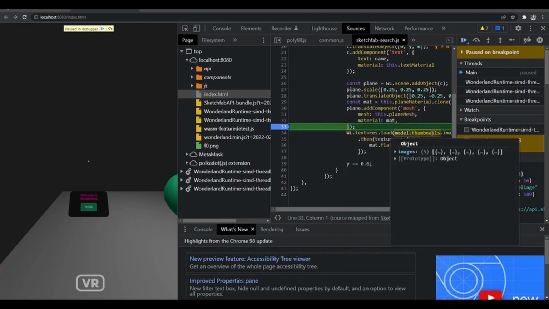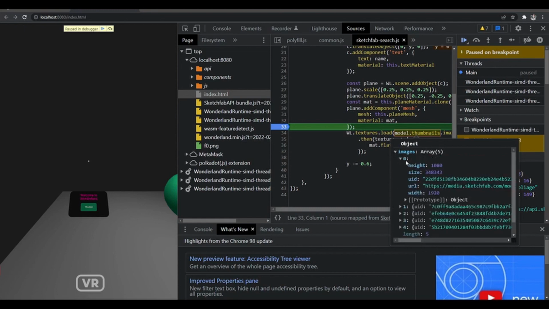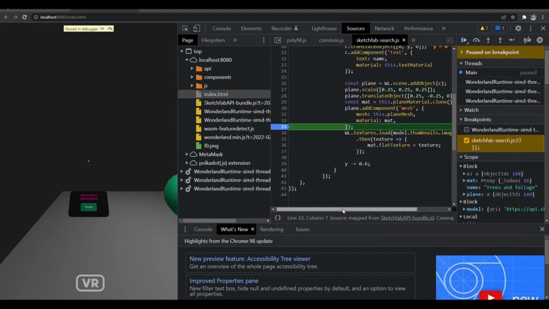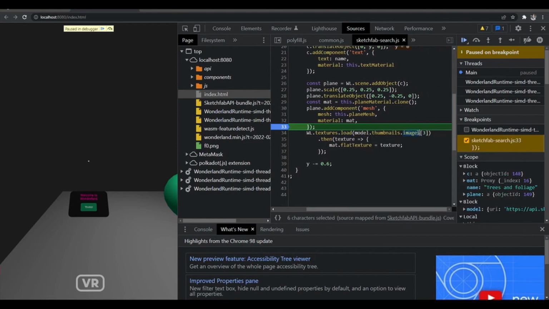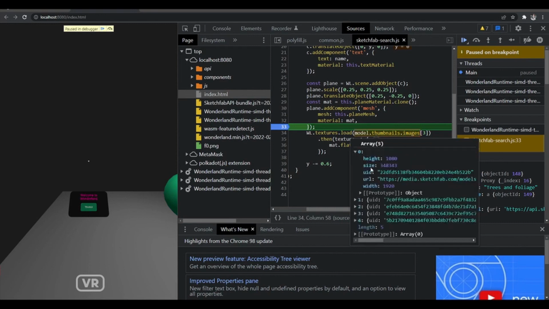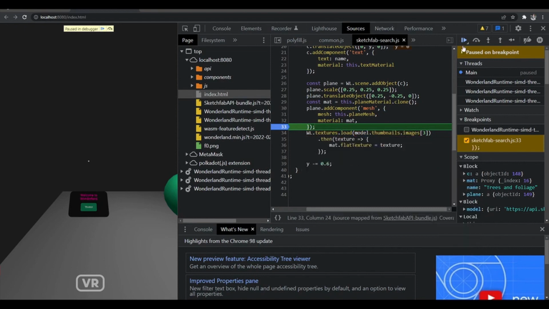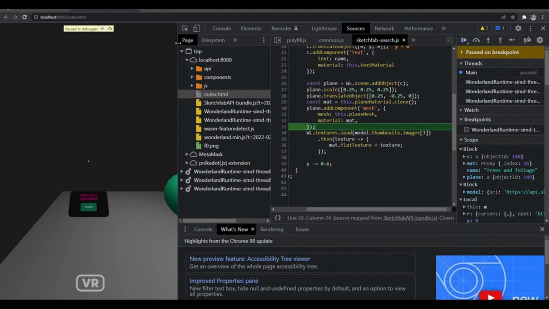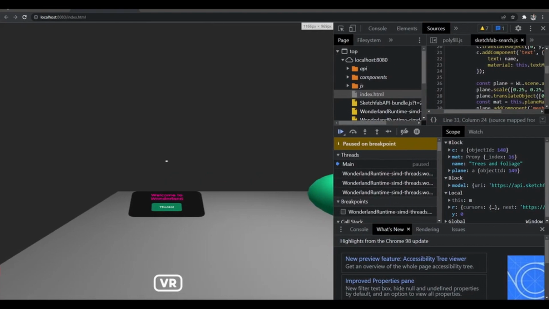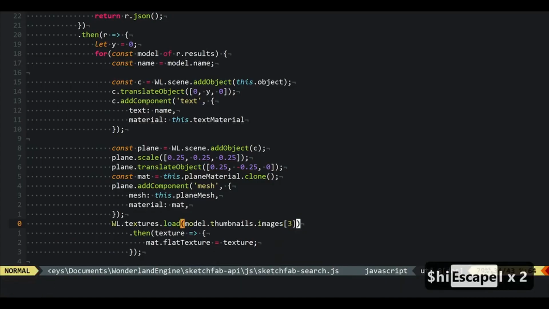So we can see here, the thumbnails has 5 images. That's great. Well, the images obviously themselves aren't URLs, so typical, very easy to fix mistake. Images itself returns an object, and the object in this case has a property URL, and that's the actual thing we want to pass to the load function. So let's remove our breakpoint, we won't need it anymore, and then go ahead in the code and add .url